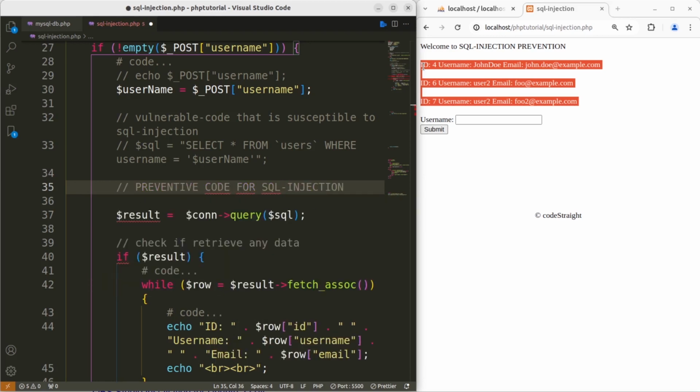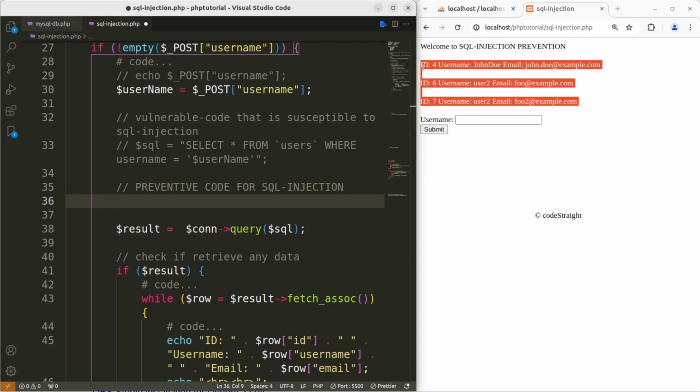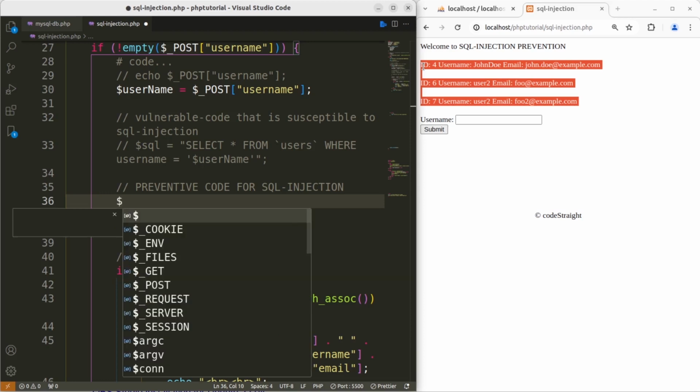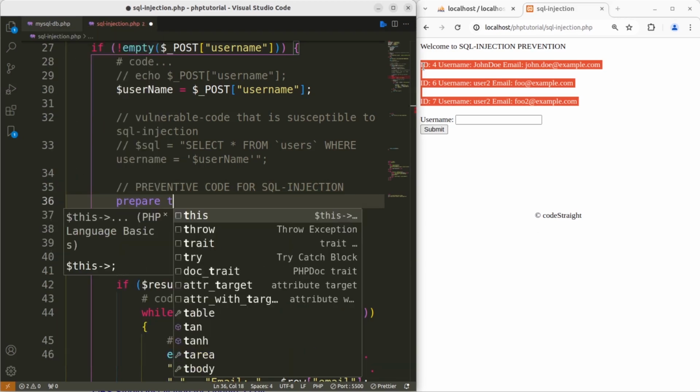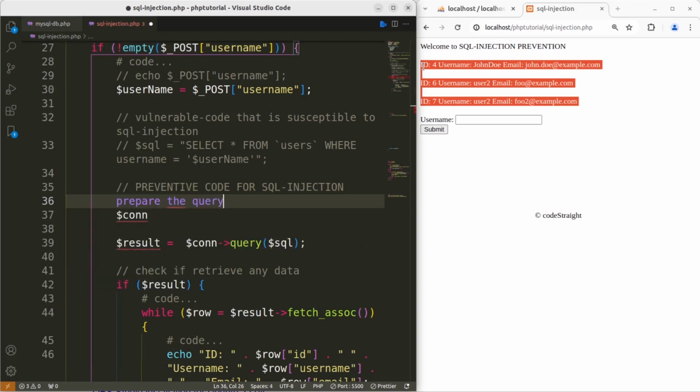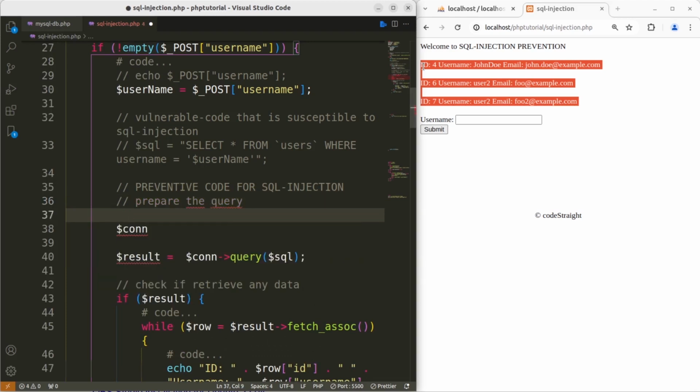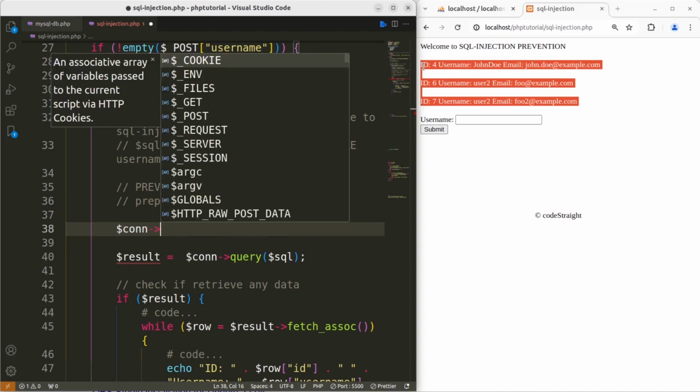Now let's comment that out, go to the next row, and then I'm gonna prepare a query. Say, let's specify here our connection object, and let's add a comment here, prepare the query. Let's comment that out, go to the next row, and then I'm gonna invoke its method, that is